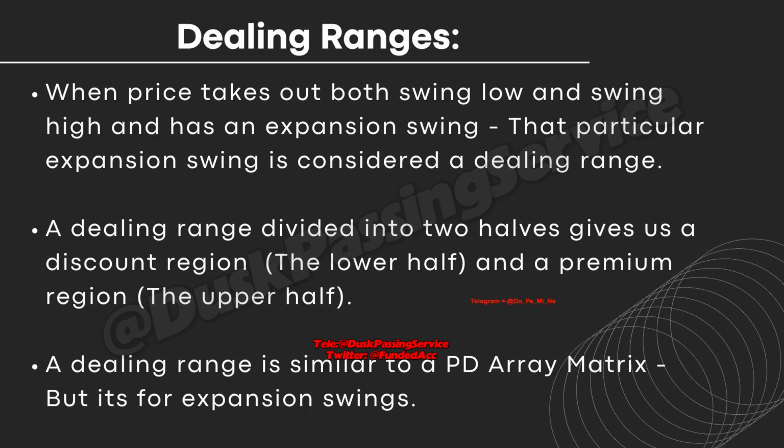So basically, when price takes out both swing low and swing high, right, and has an expansion swing, that particular swing is considered a dealing range. Basically, when you see a move in the market where price takes out both opposing ends of the range, takes out both sell side liquidity and buy side liquidity, and then it expands, that particular swing is considered a